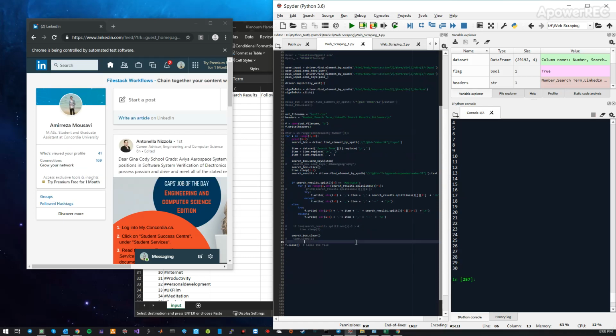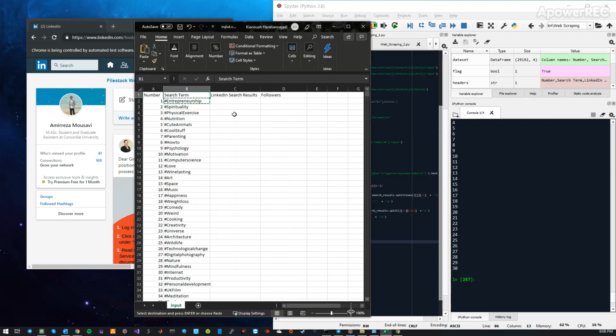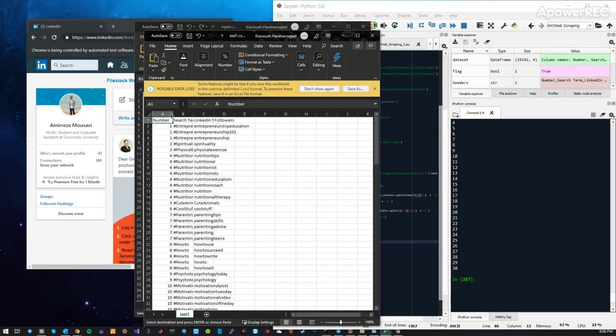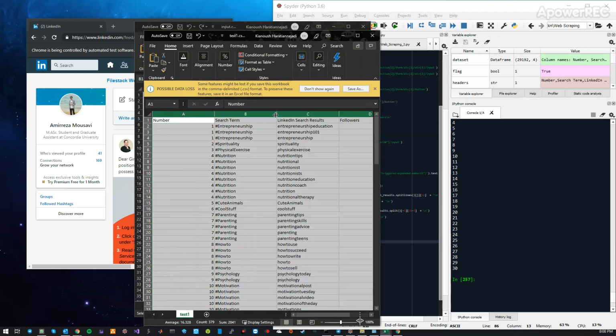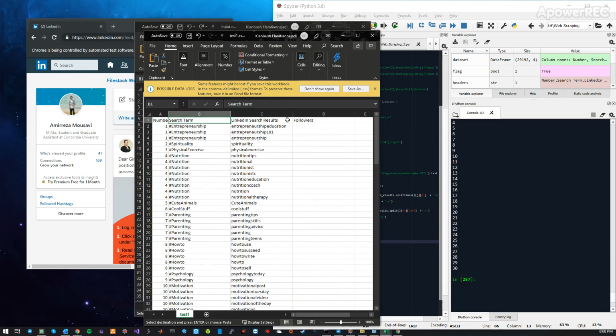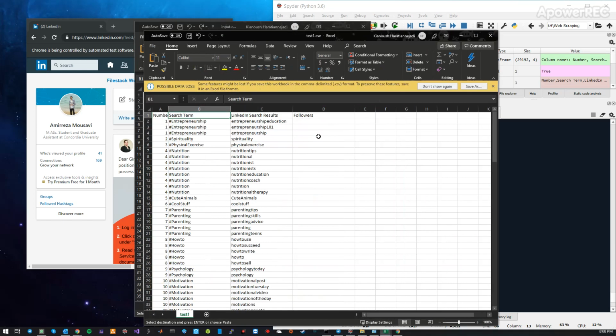Okay, it's done. Okay, where is it? Not this one, yeah. As you can see it here, let me just expand it a little bit. For the first one, it found three hashtags. The first one is the main term, and after that these are the related hashtags to the first one. After that, this one it had